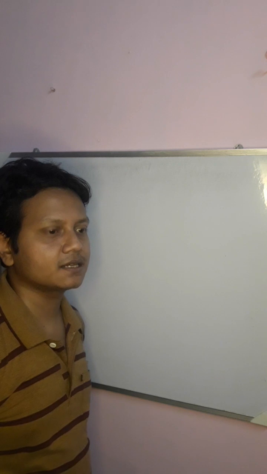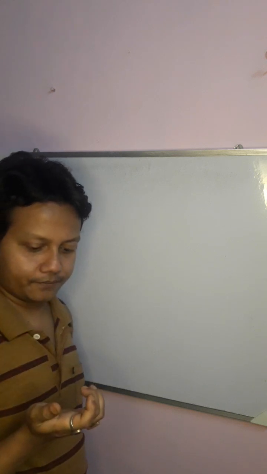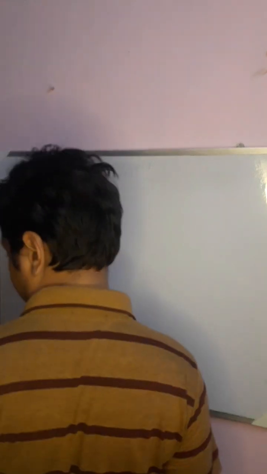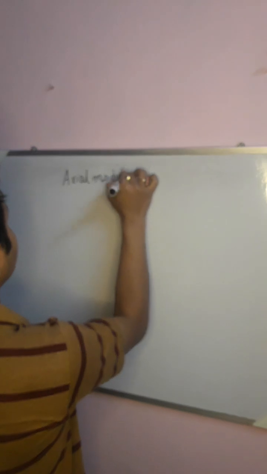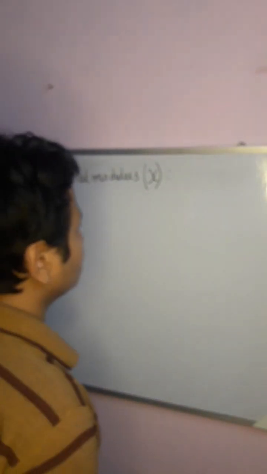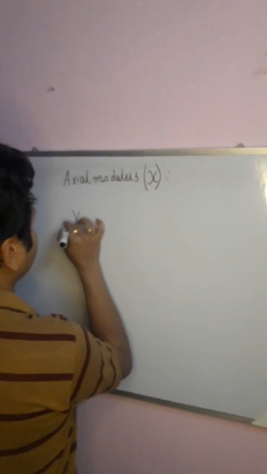Now in the last lecture I discussed the relations among the elastic constants. One thing I forgot to tell: besides the four elastic constants, there exists another elastic constant, known as the axial modulus, denoted by chi. So what is it? The definition of axial modulus is